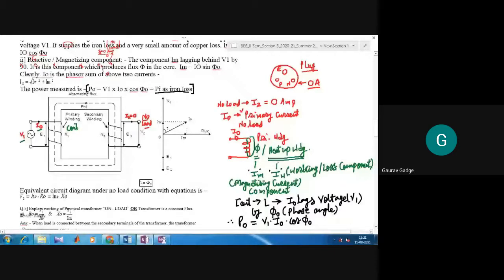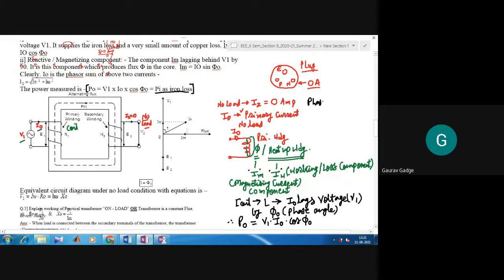So these two components can be found by using the phasor diagram. For this particular phasor diagram, I just checked whether it is possible in today's class or not. Yes, it is 121. So I will make a phasor diagram and then I'll close the lecture. I'll close today's session after understanding this phasor diagram. So how to make that phasor diagram? For a phasor diagram, first you need the reference point.